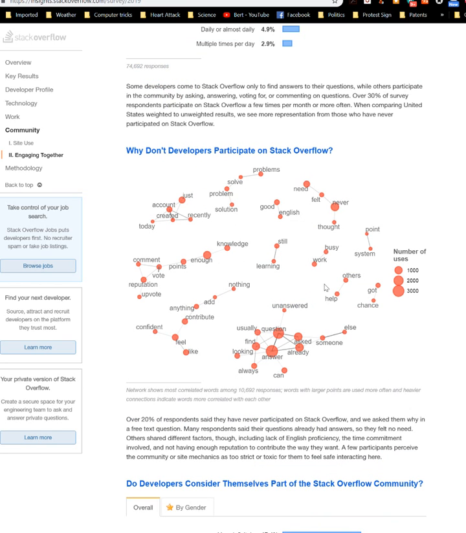you might find this interesting. It's kind of amusing. Why don't developers participate in Stack Overflow? This is almost toward the bottom, but it's kind of funny how you can read this and get what these reasons are. It's almost like a word puzzle. So like comment, vote, points, enough, knowledge, reputation, update, so people are self-conscious, so they don't want to participate. Confident, feel like, add, nothing. Contribute, so people feel like they can't contribute anything to the question at hand.